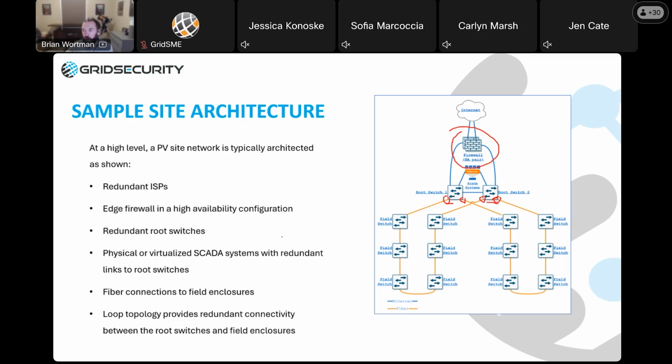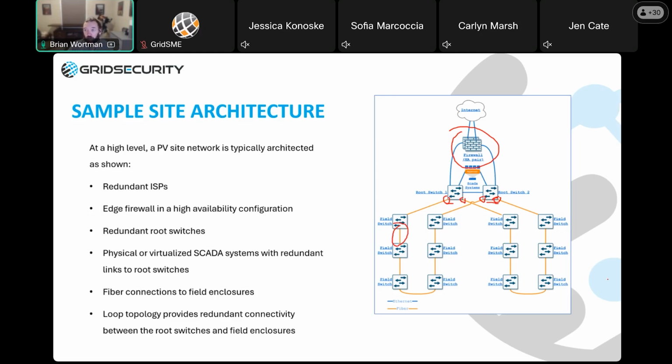And usually, most sites will have more than one. So we've got 2 on our sample architecture here, but I've seen 5 or more loops, 12 or more switches per loop. The real thing to know there is that you can have a lot of these inter-switch links and a lot of switches. So that also means lots of links to track and lots of potential redundant paths.